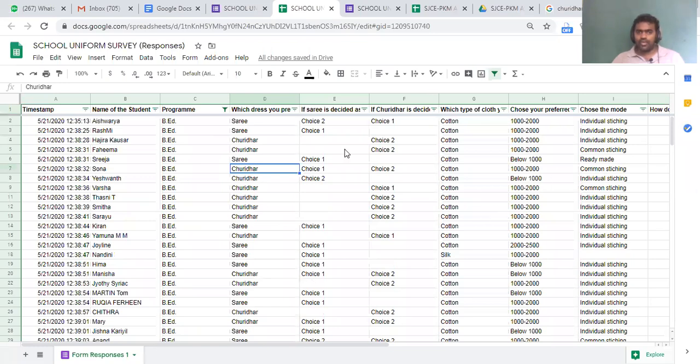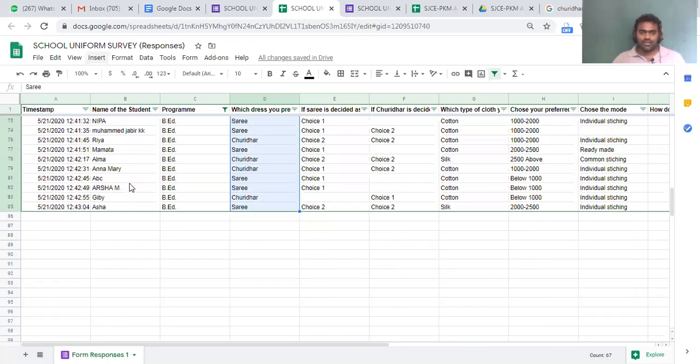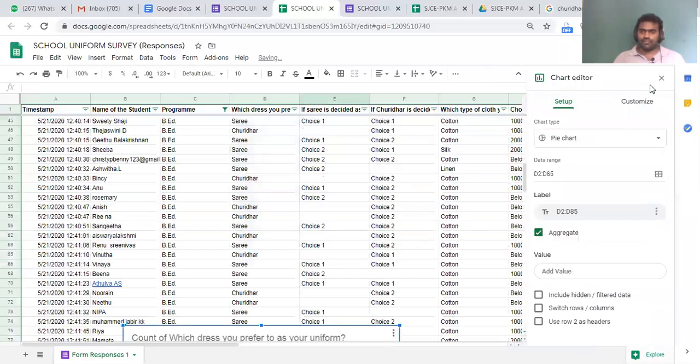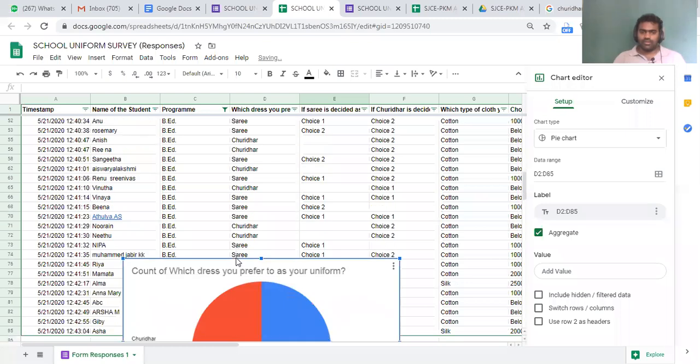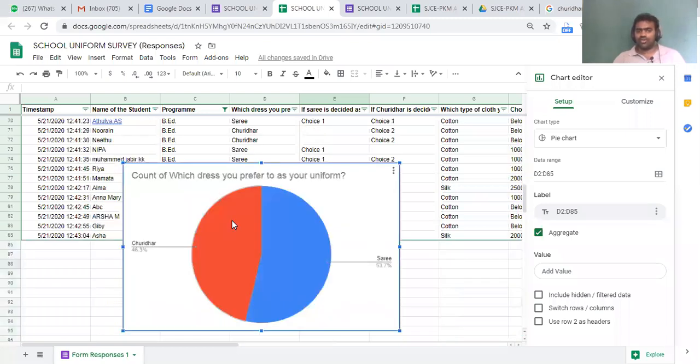If you need to make a pie chart, choose the sari, then insert pie chart. Insert chart, you go. See, this is the sari churidar ratio.